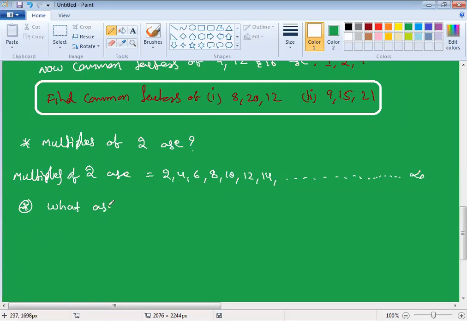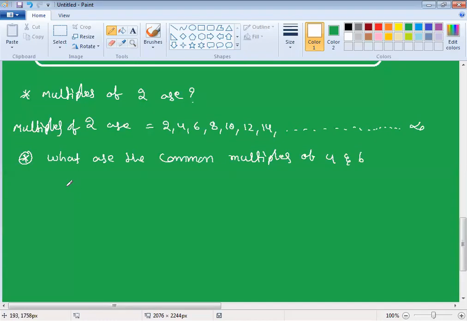What are the common multiples? Common multiples of 4 and 6. Later we'll take one more question with some different, bigger numbers. So what are the common multiples of 4 and 6? To find the common multiples, we have to first write the multiples of each number separately. The first one,